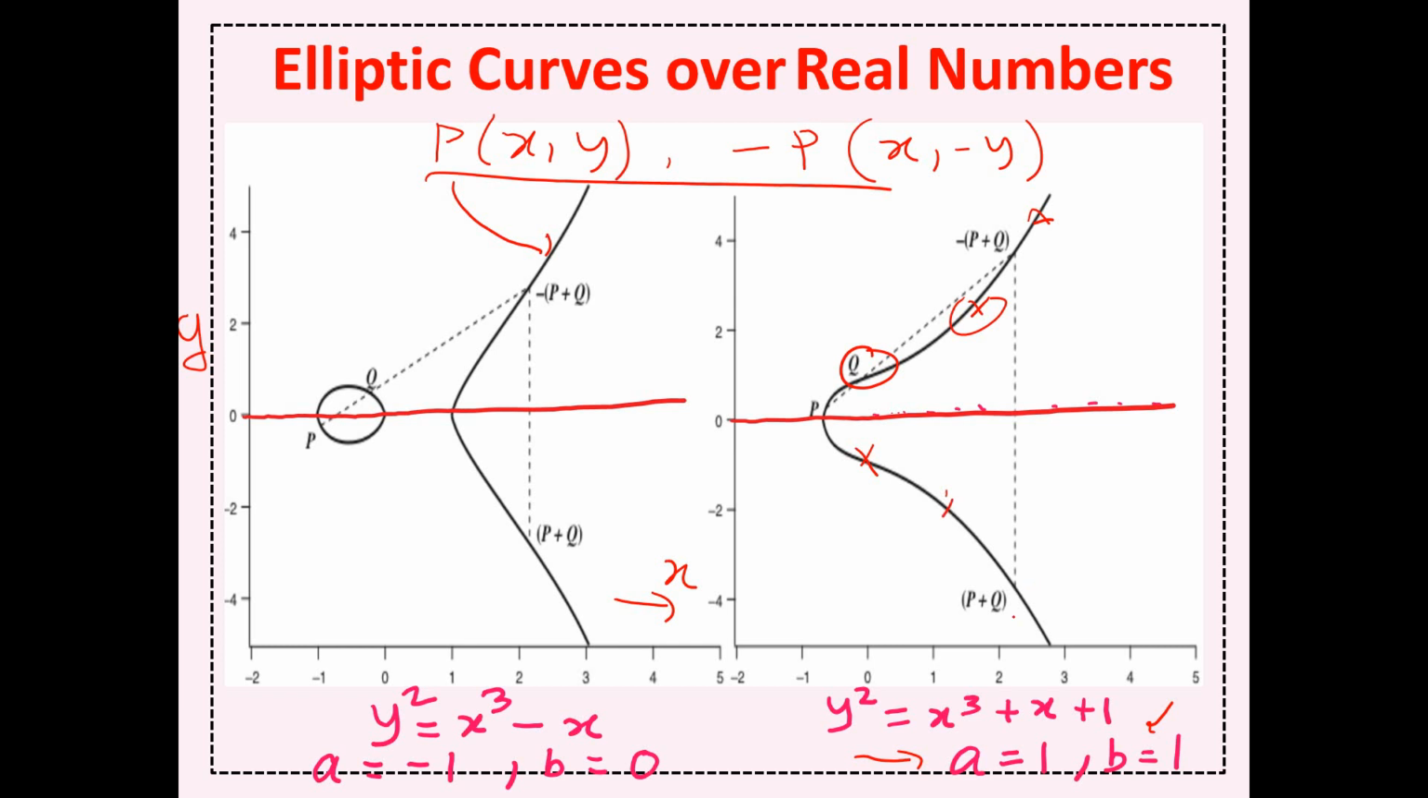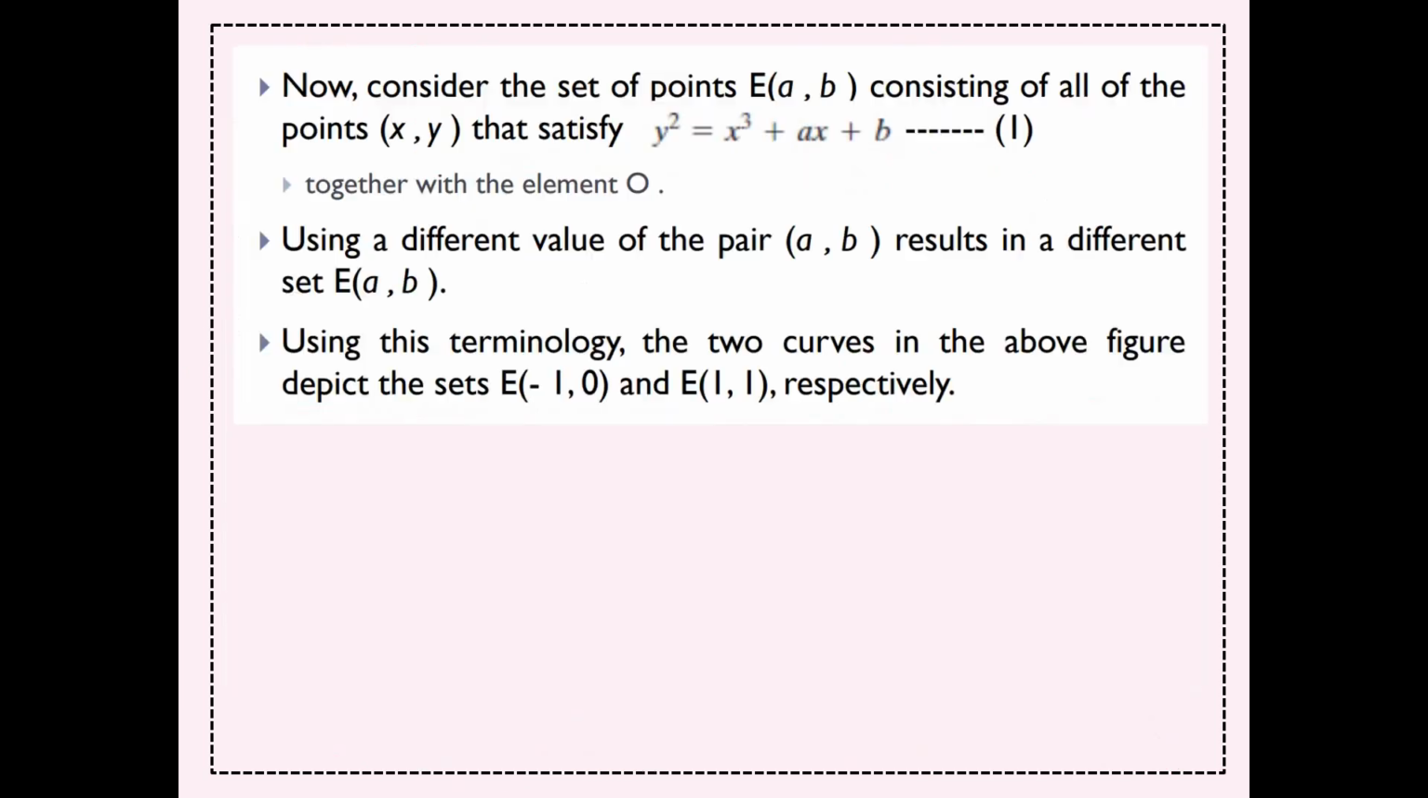It will be symmetrical. So what are these points? That we have to find out after this. So let's see. Now, if you observe, consider the set of points E(A, B), which I already explained to you,